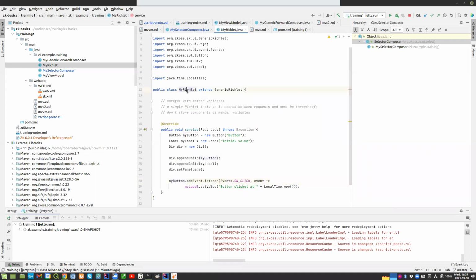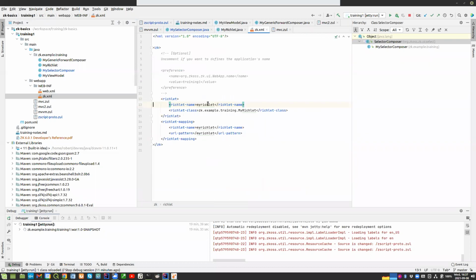Okay, so this is the Ridgelet pattern. The Ridgelet needs to be configured a bit special in ZK. In the ZK XML, you just define your Ridgelet. You give it your Ridgelet class, and you define an entry point, my Ridgelet. And there are multiple ways of defining the entry points for the Ridgelet, but the default one is